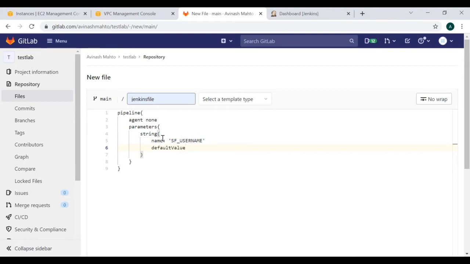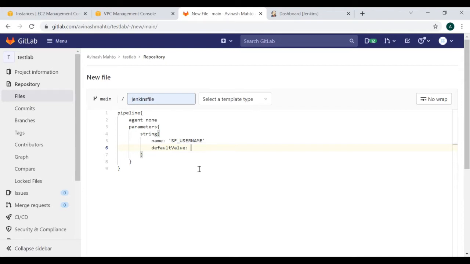This is exactly the same as whenever you design the Jenkins job and you select the parameter and the options come, like when you select the string parameter, Jenkins will give you these options: name, default value, description. So I am writing, and you need to write down the same value, nothing different.